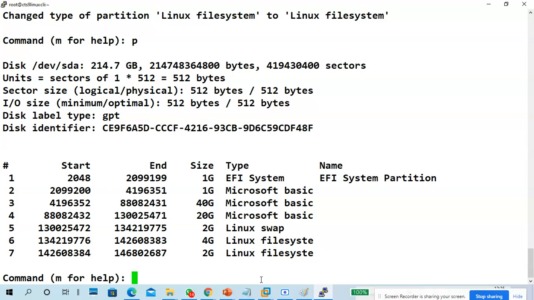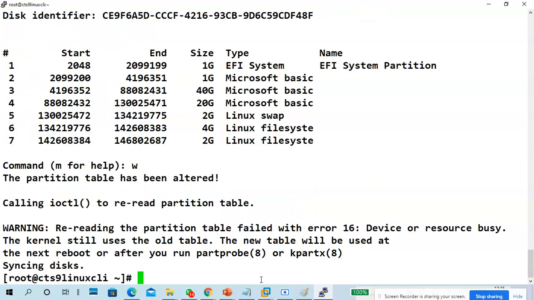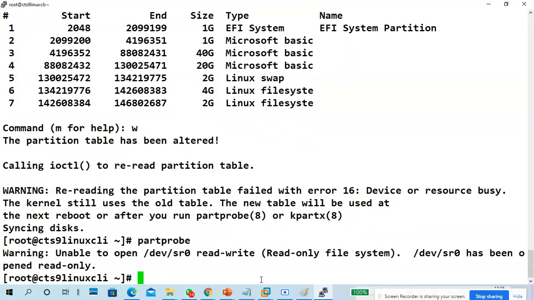Okay, save and exit. Now you have to update your partition table in the kernel. partprobe or partx. partd is also a command. partprobe is working here, so partprobe.